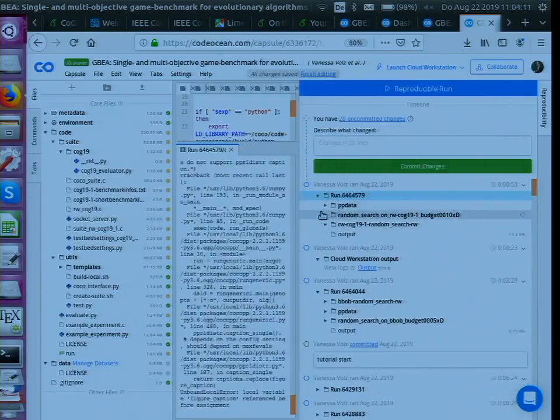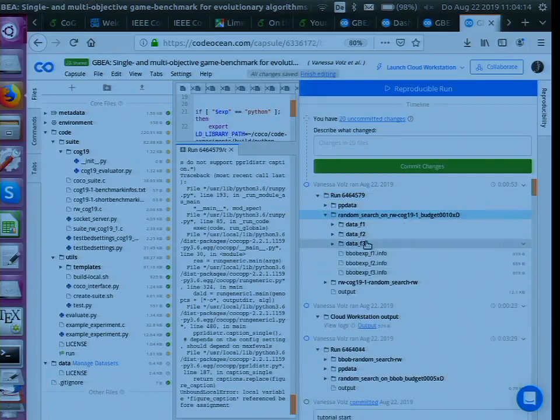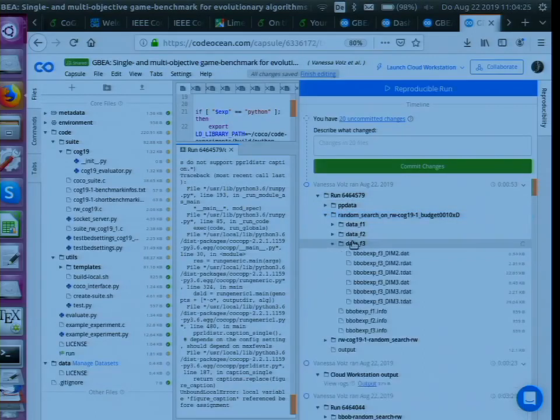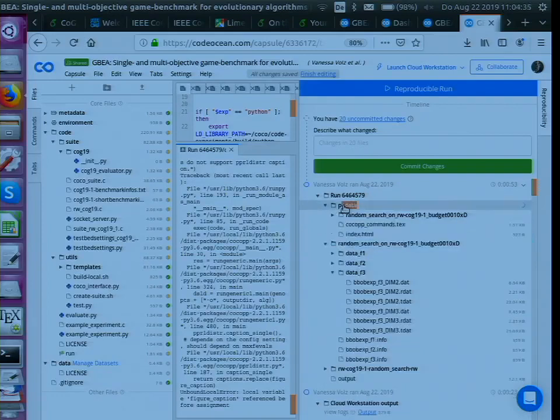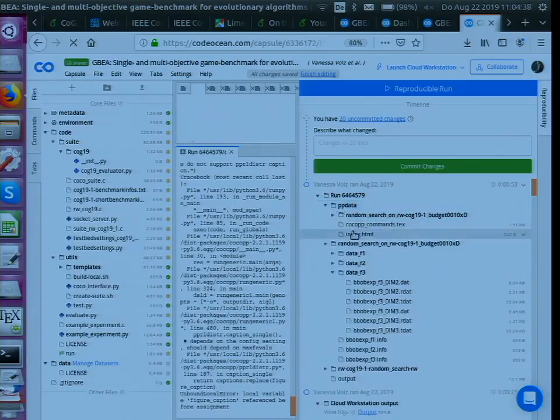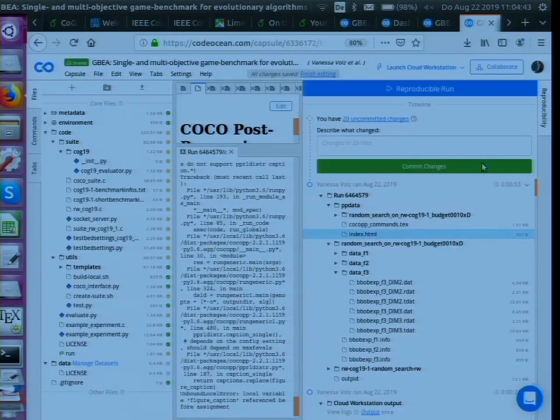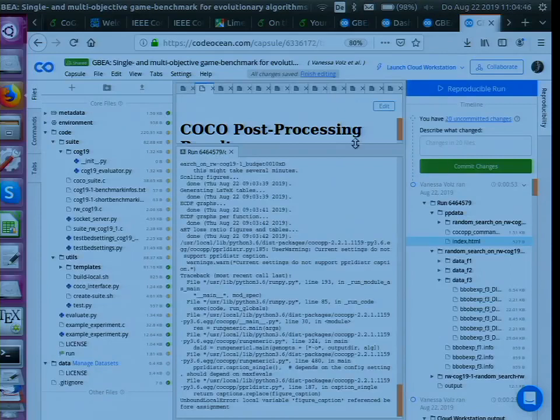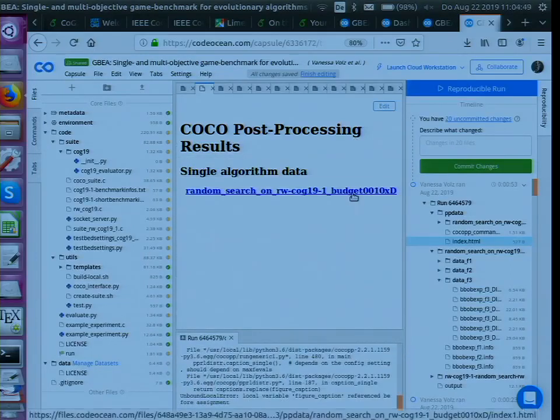And as I said, we have these log files here with all the results that it logged from the benchmark on this new function. So we have function 3 here, which we added newly. And currently it's running random search, but you can plug in the CoG framework, it's easy to plug in new algorithms. And it also creates this post-processing stuff, which are the plots. So I will give more details on the post-processing, how to interpret in a second, but just wanted to show